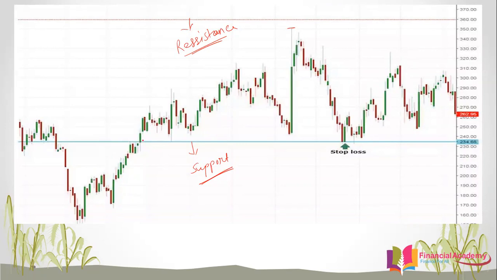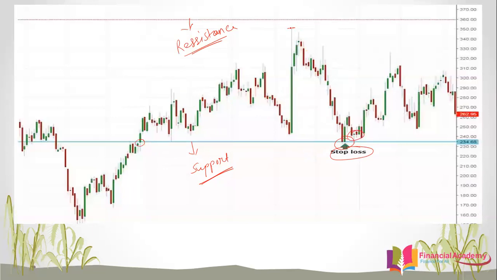Suppose at this point you have to draw a line from this to this, parallel. We are going to talk about the stop loss part also in the next video. So now see, if I draw a line of resistance and support, the resistance and support lines give the facts and figures. Now suppose you have purchased the shares at this level and made an entry at this point, how do you set a price target?